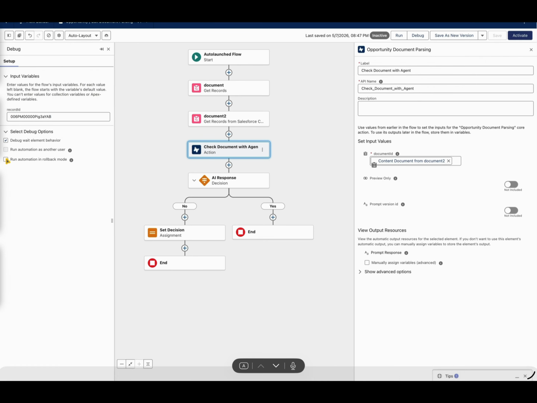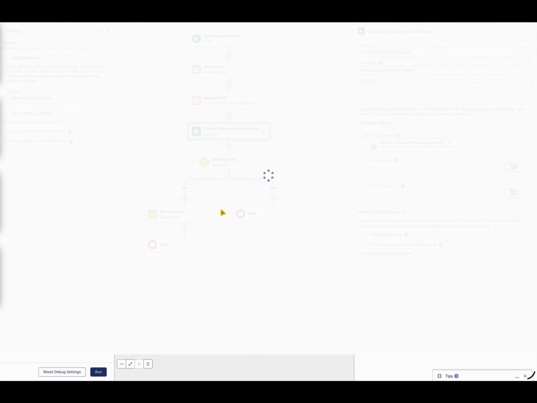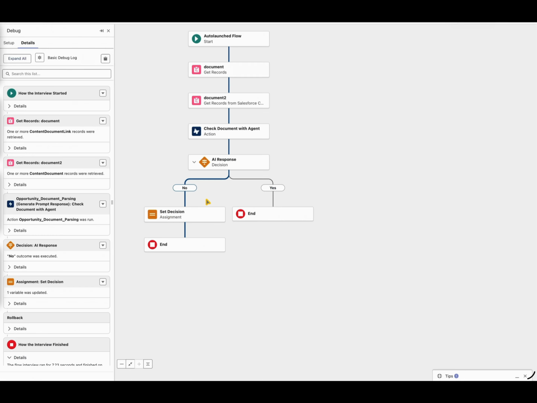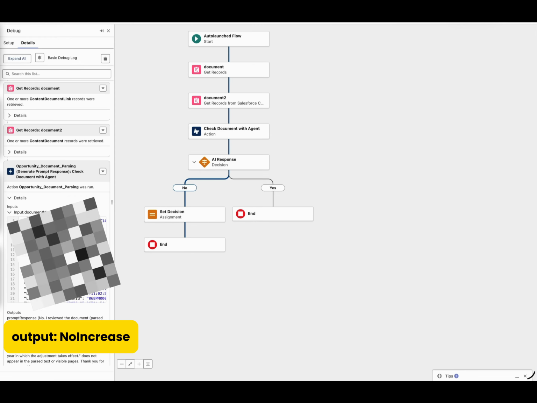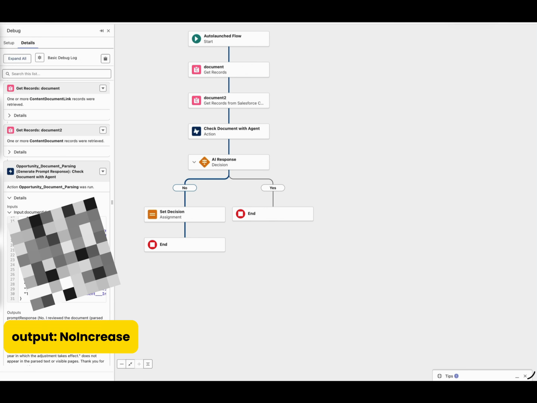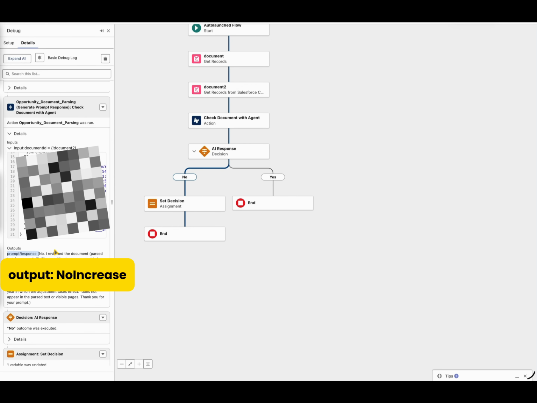So all I have to do is just run it to see if it's gonna say no, or if it detects that the AI response says no. So let's run it. And there you go. So it does detect there's no. Let me just show you the output and what it looks like. So it does get all the data of the document, in record data standpoint, or what do you call that? But the output is what's important. So it does say no,